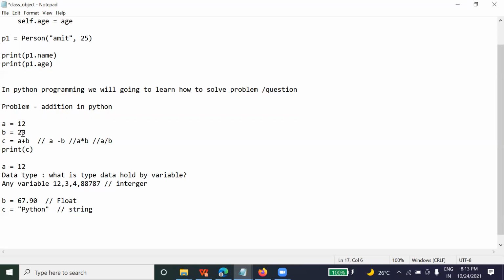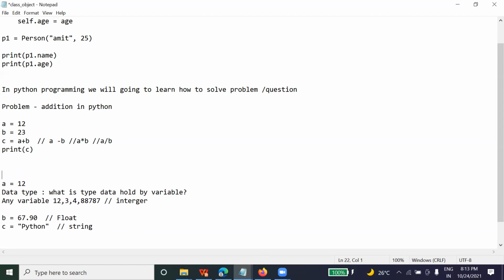Okay. What if we have seven candidates in the class and every candidate wants a different value for their operation? How are we going to change it? For that, you need to write like this: int input, enter the value.